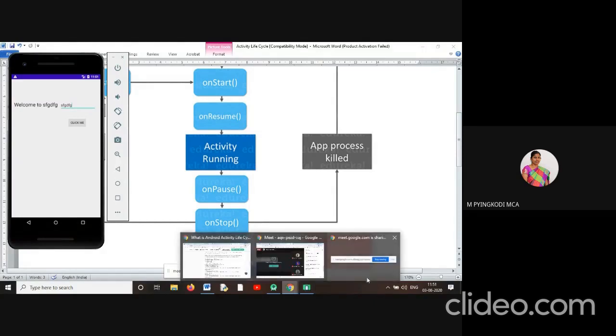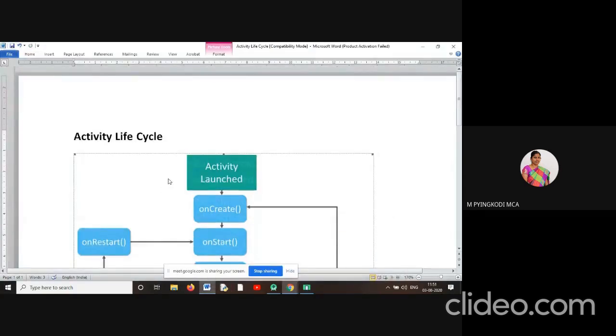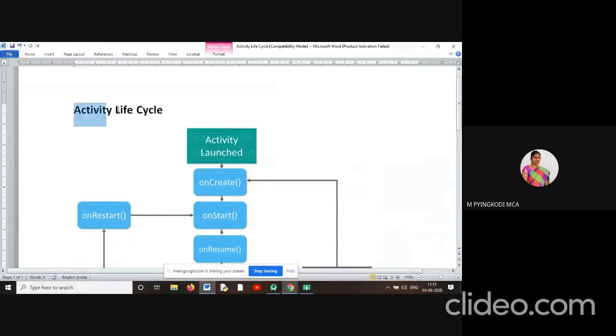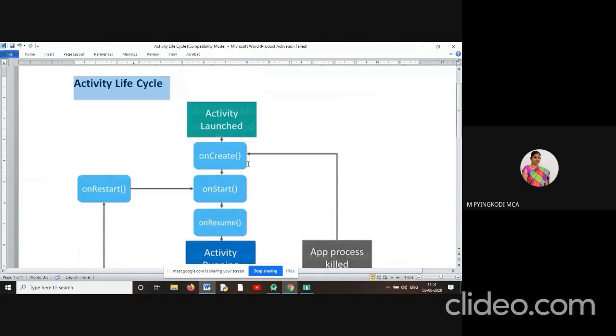So that's all about the Android activity life cycle. Why do we need this Android life cycle? To run an activity successfully, we need these methods.